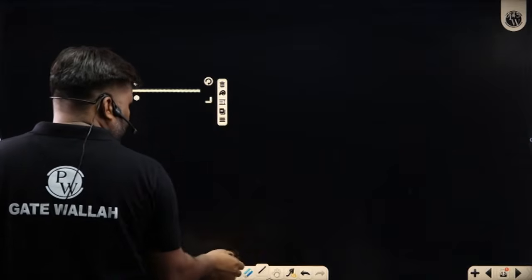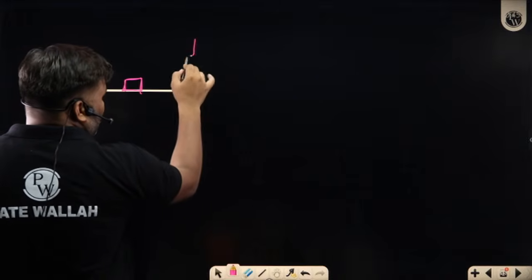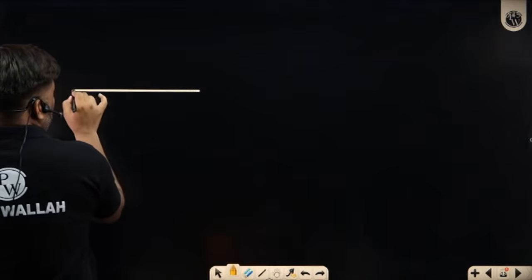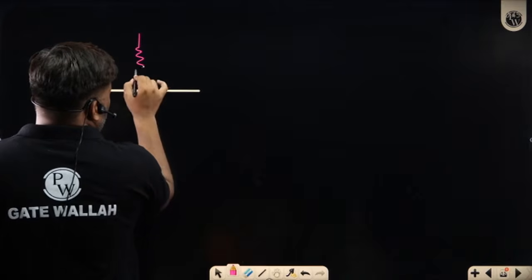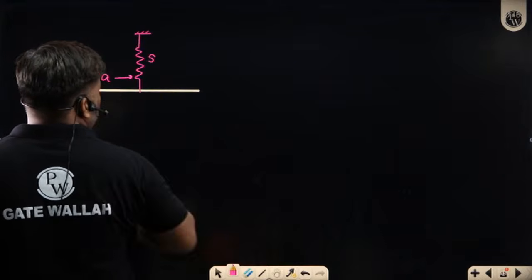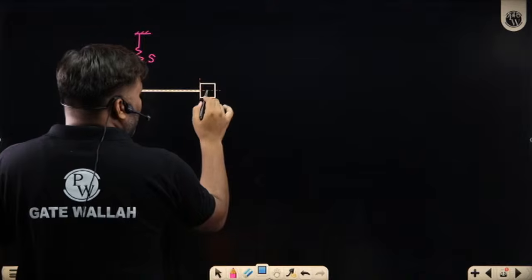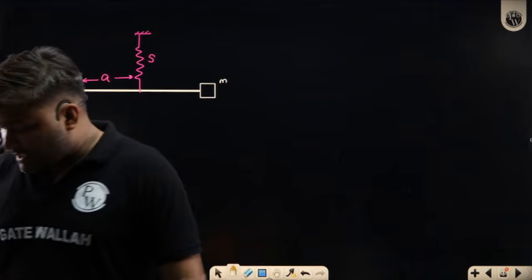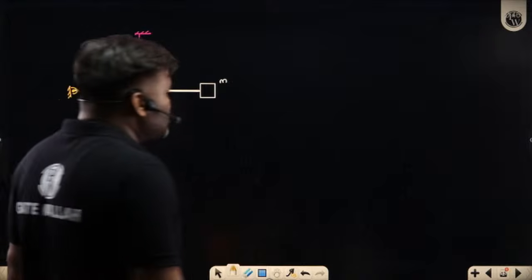if the rod is like this, what we have solved, we just had a mass here and a spring here. They can also give you questions where this is a rigid massless rod hinged at one point. I have a spring somewhere in between, of stiffness S at some distance A. A mass M is connected at the end. We can have situations like this. Can you solve this question? Tell me in the chat. Can you solve this question, beta? Yes, we can solve this question.